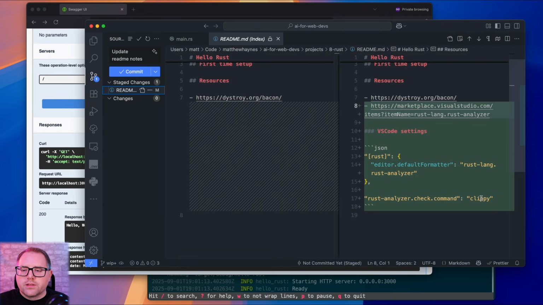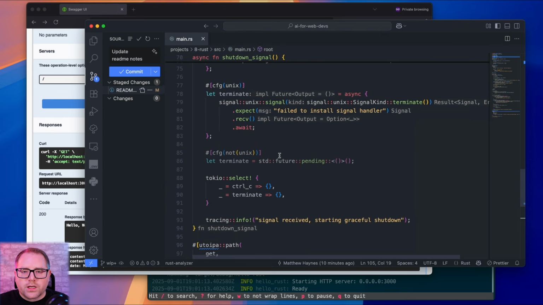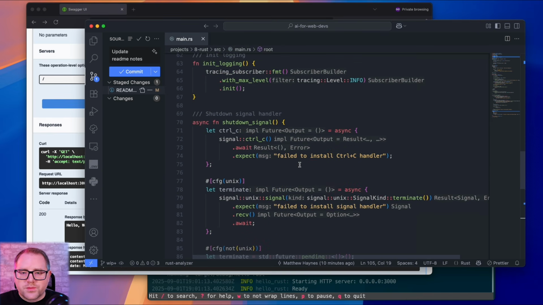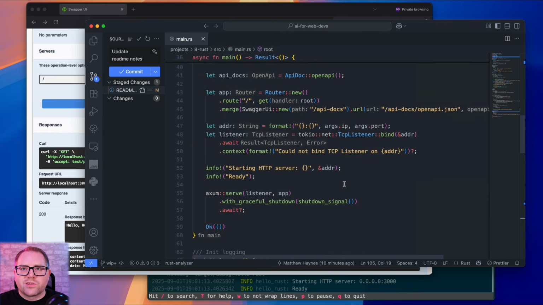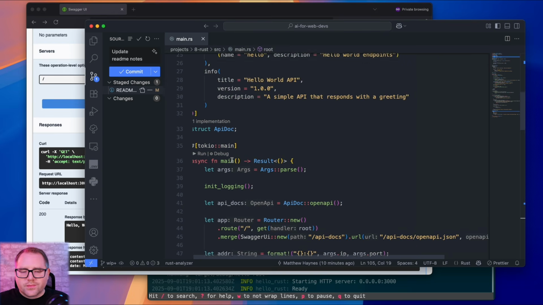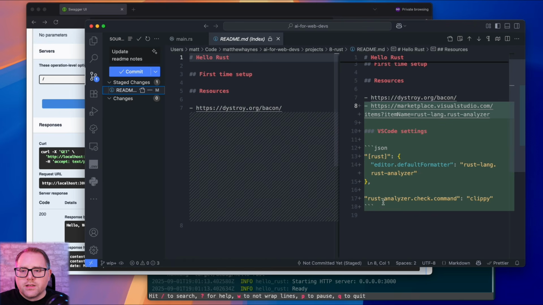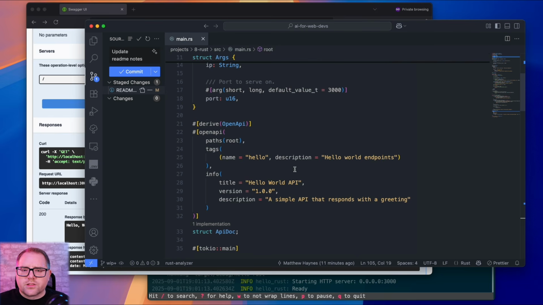One other thing that I have as a quick note is Clippy. I've got Clippy running as opposed to just check. It's pretty strict, but that's a good thing. I'm trying to think what would be a good Clippy lint. Well, it'll almost certainly come up, but basically what this setting is, just to mention that in my VS Code, I've got Clippy running instead of just check.